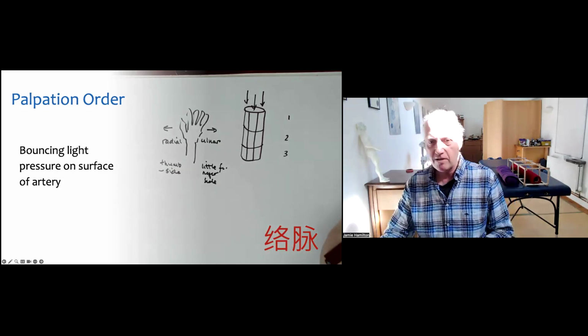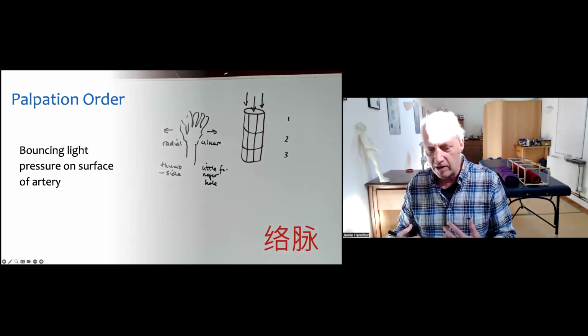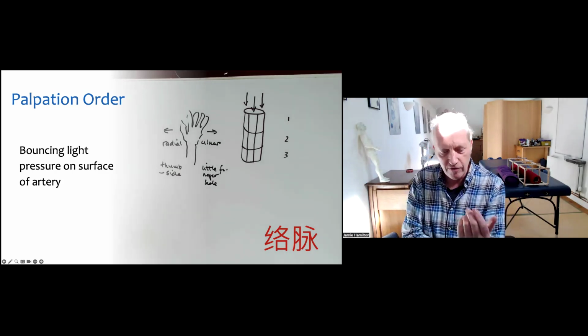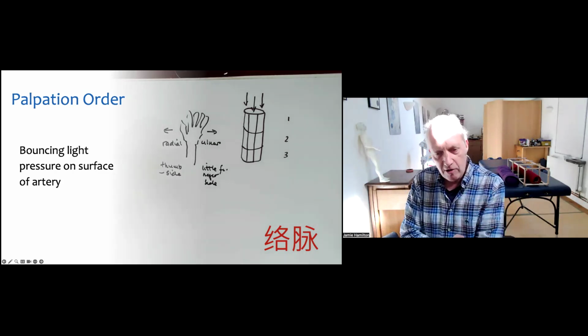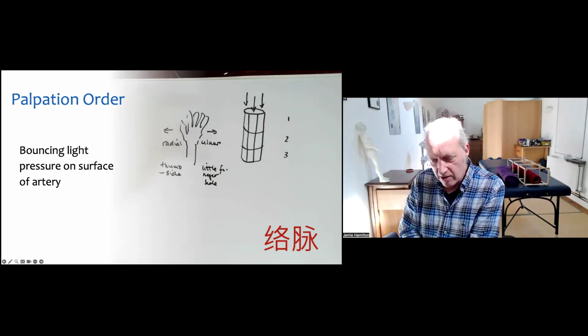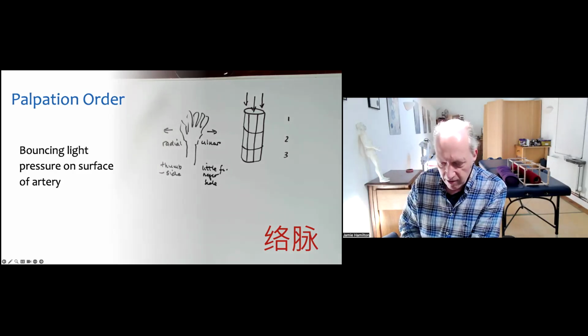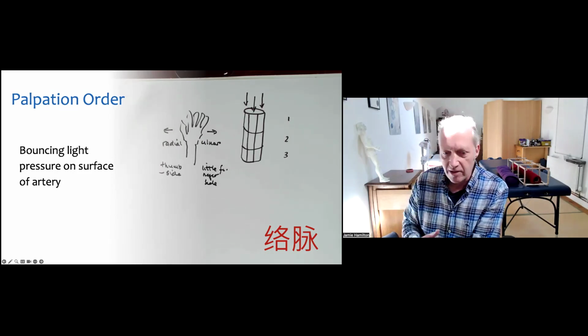But the important thing about this is that you need to be able to internalize it in yourself. You need to be able to visualize these things really well. So if you look at your own hand for a minute and see where the artery is, look at your left hand, and then look to the thumb side of that artery, and then the little finger side of that artery. I believe that's easier than saying radial and ulnar, because you can just see where the thumb is, right? And you can see where the little finger is. So we need to be able to totally internalize these maps. So thumb side, little finger side is a bit easier.